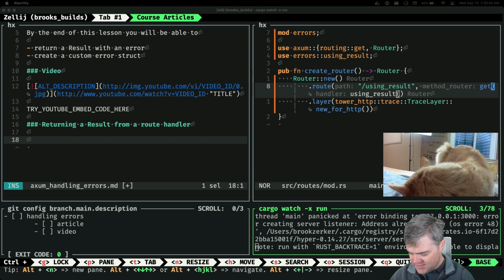Let's see, ps. Oh, what did I use for all my sysadmin tricks? I've forgotten because it's been too long.